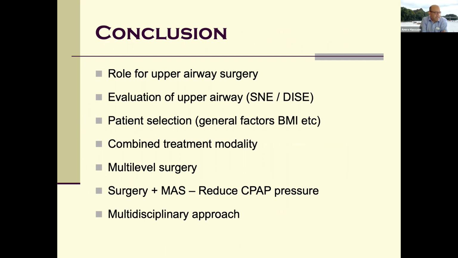Patient selection is key: if you want a good outcome from your OSA surgery, you've got to select your patient. Someone with a BMI of over 40, it doesn't matter what you take out. The fat is still there. The hypoventilation is still there. You're not going to do very well. I personally am quite strict about BMI being under 32, unless there's an obvious anatomical problem, preferably under 30. And I'm quite happy to refer you to a dietitian to help with that.